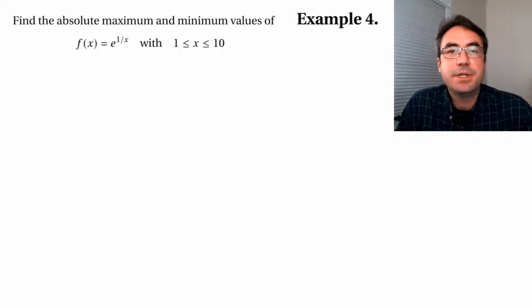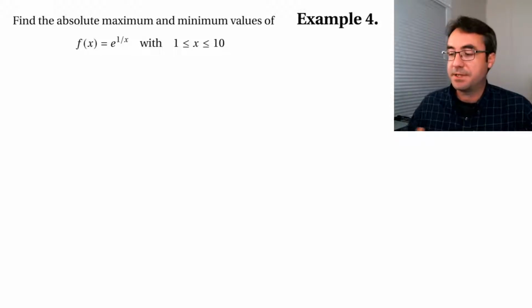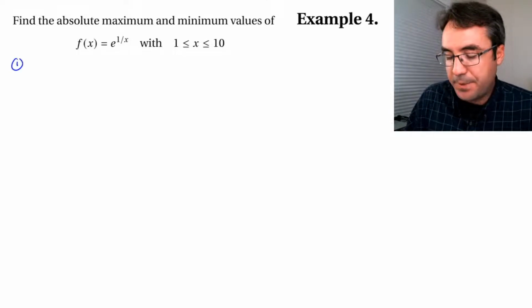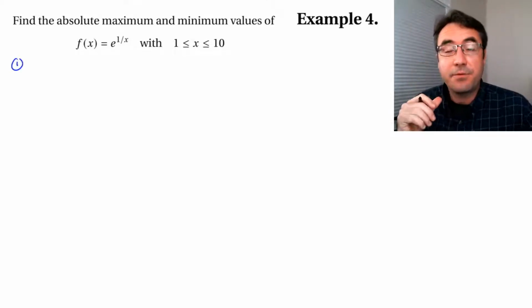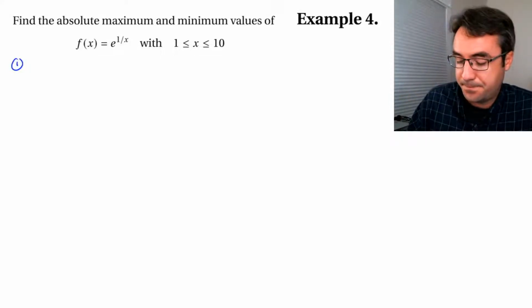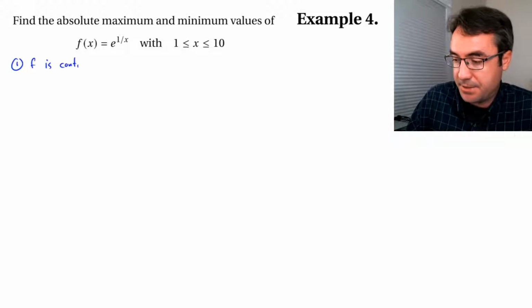Let's look at the function e raised to the 1 over x with x between 1 and 10. So we have a closed interval there, so we know, well, hopefully if our function's continuous, we know we're guaranteed then to have an absolute max and min. Now this one we do have to be a little bit careful with. So our function is not always continuous. But our function here is continuous everywhere